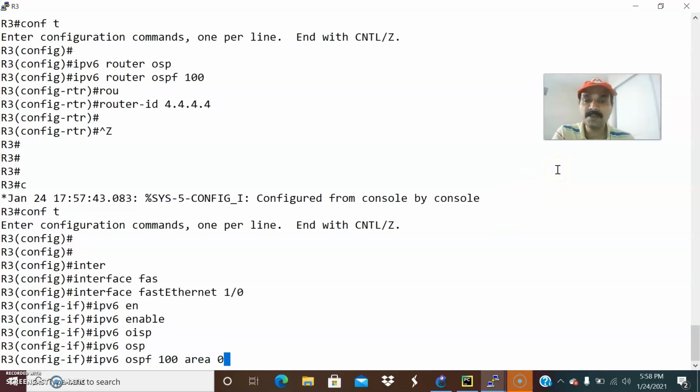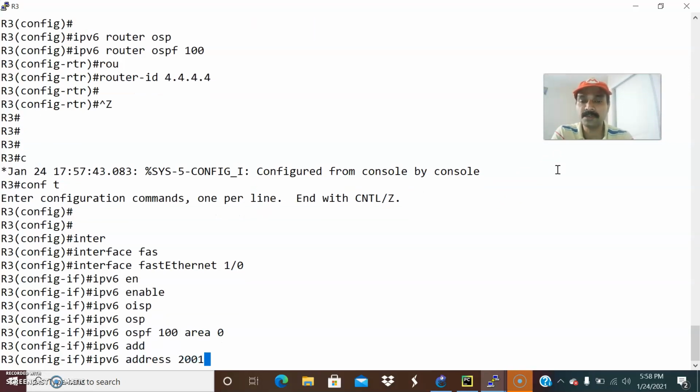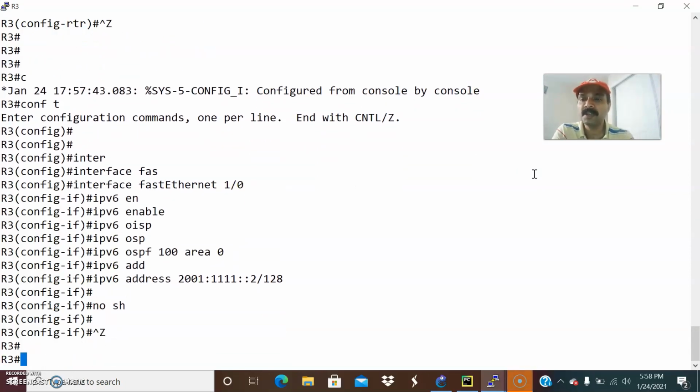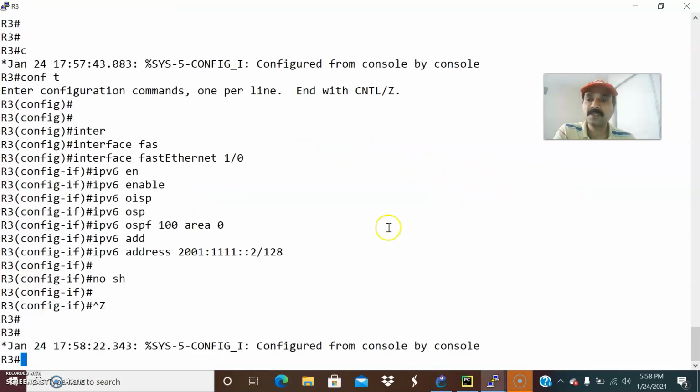IPv6 OSPF 100 area 0, followed by assigning the IPv6 address 2001:11::2/128. So let us do a no shut and keep it in mind, both the interfaces should be in the same subnet. So that's what we have configured for IPv6 OSPF 100. So done with the OSPF configuration.